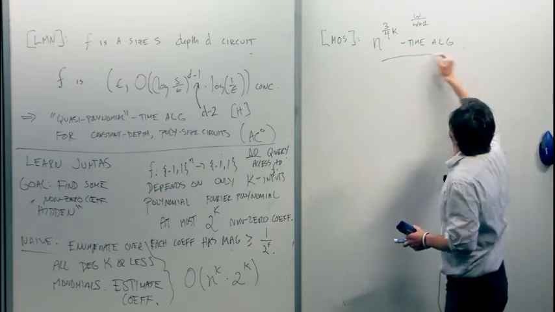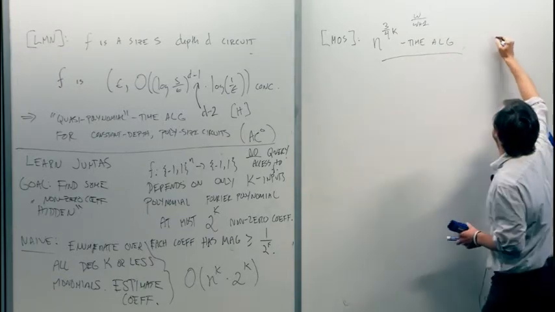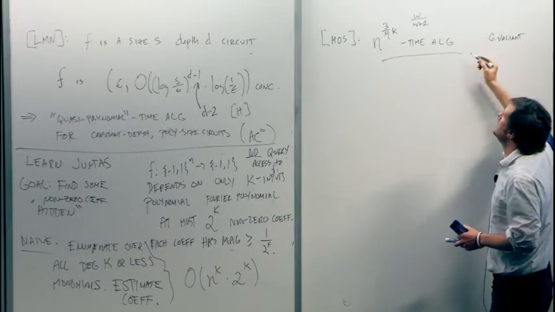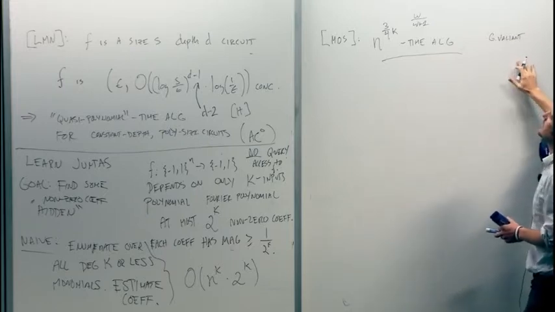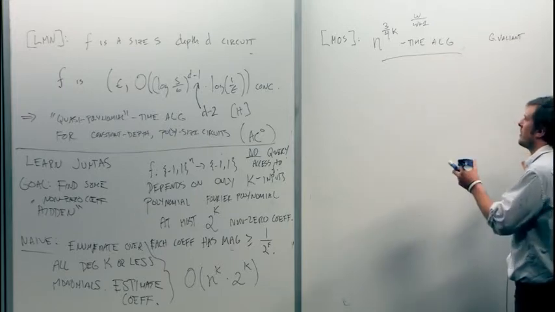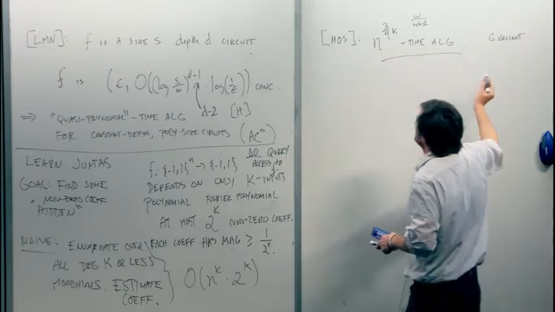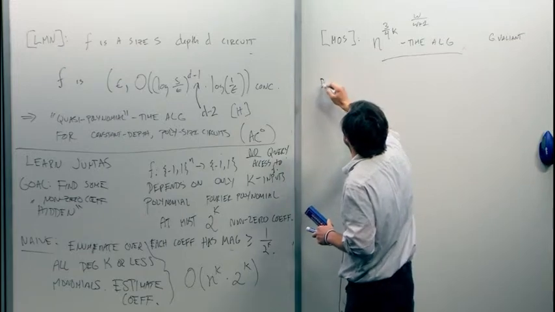So good, let me show you this result. And as I said, there's an improvement by Greg Valiant that uses this as a subroutine and improves upon it to get to like n to the 0.68k or something like that. Okay, so in order to show you this result, which is actually very simple, I need to make a small digression